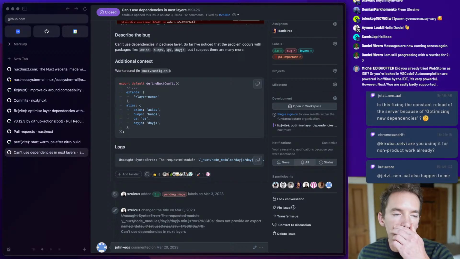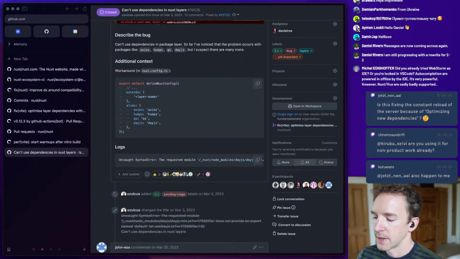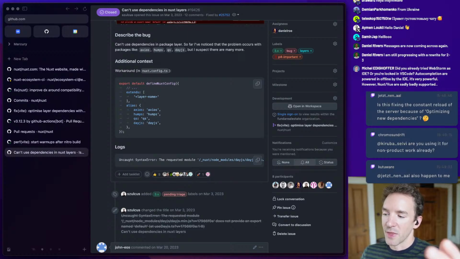The optimizing new dependencies message will occur whenever there's a new dependency discovered by Vite, and there's a range of things that might cause that. If your Vite config changes, which might be because there's a different order of plugins. Sometimes modules or Vite plugins might add themselves at different times based on if they're doing some awaiting before they add it. That's one of the biggest issues that can cause that.